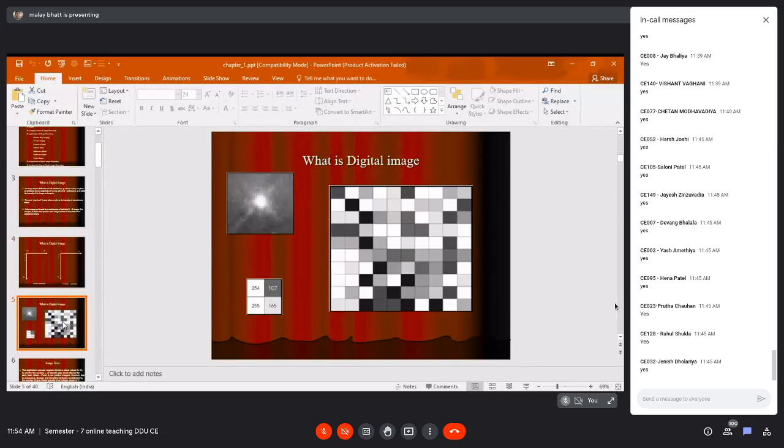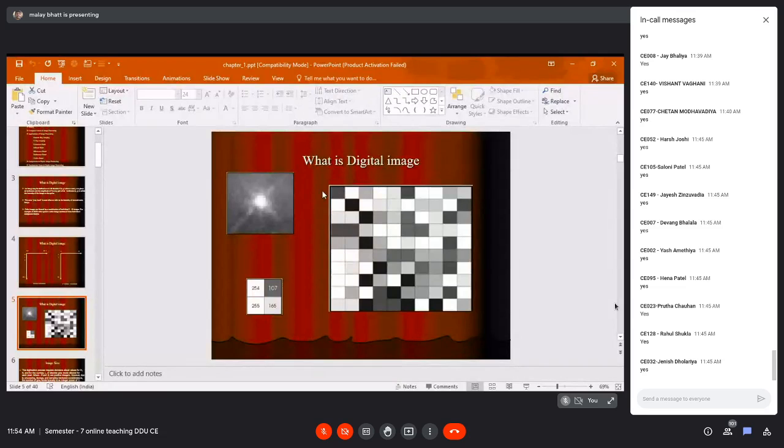So basically, if you consider any image like this, and if you zoom into that image, then you will find this kind of actual intensities for every point. So here you can see that this particular image, if you zoom in, you will find this kind of black and white intensities for every xy coordinate.